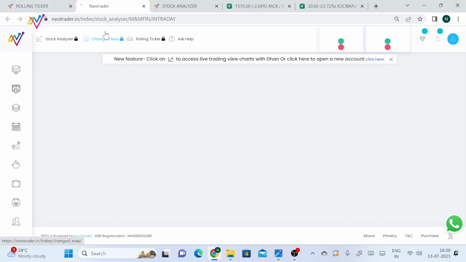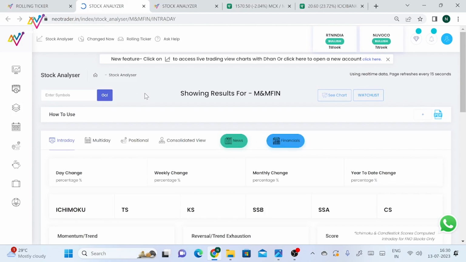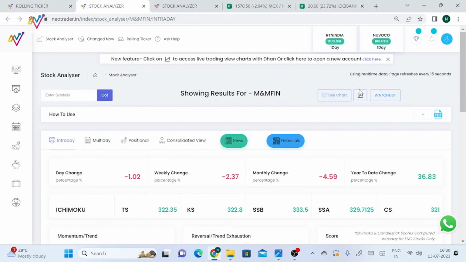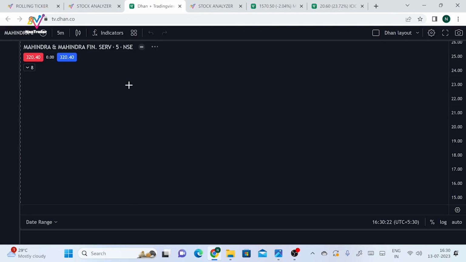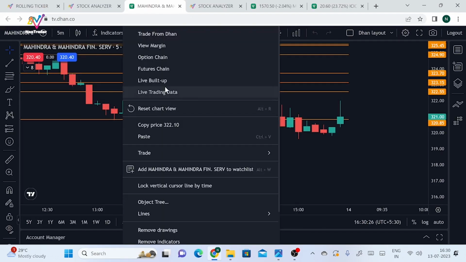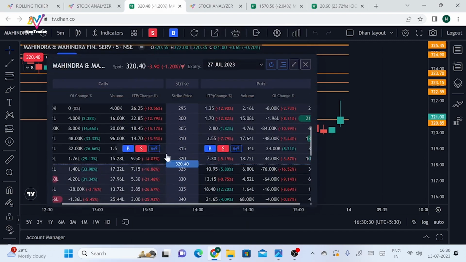Again I'll click on the name. Once I click on the name, if I want some further confirmation, I'll see here, yes, that the trend is on the bearish side. Very good. I go here, I click on the chart. So everything is happening at the click of a button in just few seconds. So I go here, I do a right mouse click, I see the option chain, and then I get the at the money call or put.